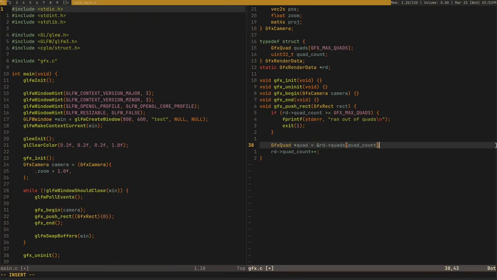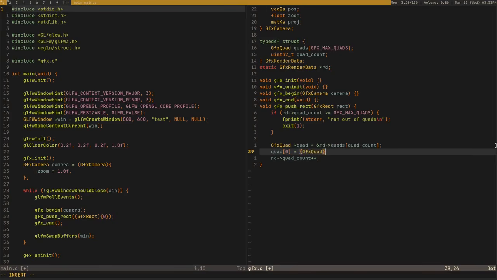Because again, indexing into an array is pointer arithmetic, and it involves multiplication, so we don't want that, right? Quad zero, is that gonna work? Yeah, it will work. Quad zero is going to equal to